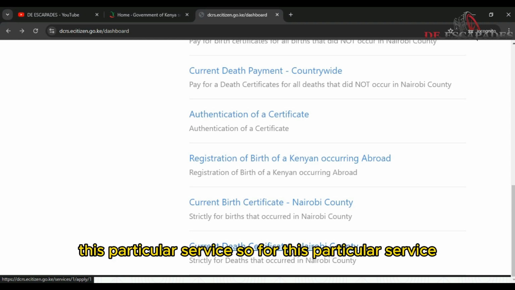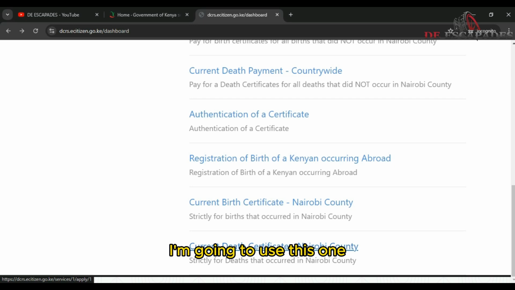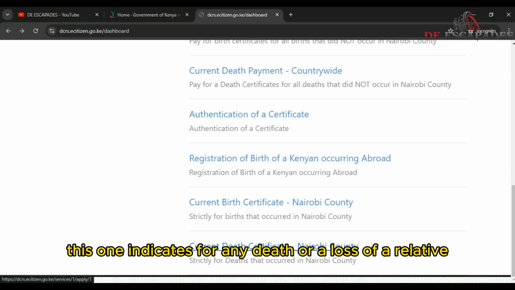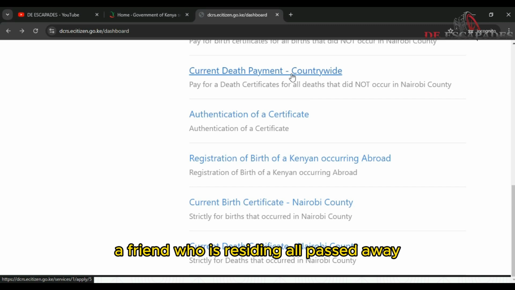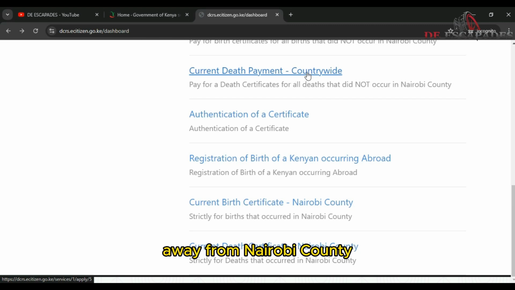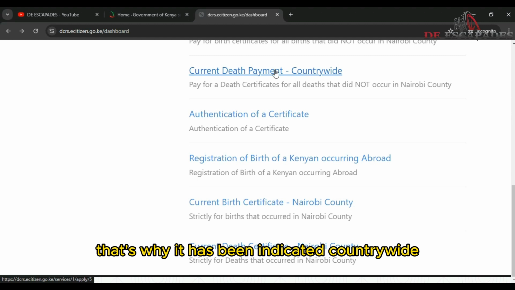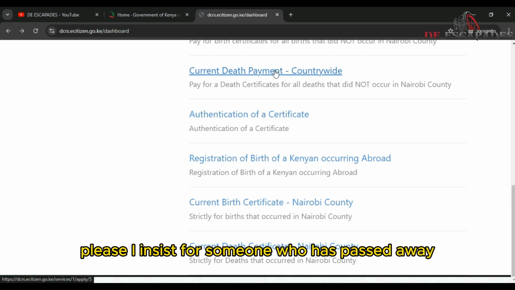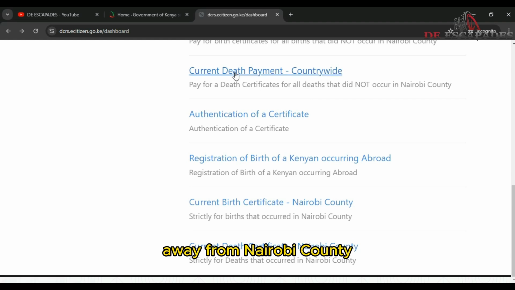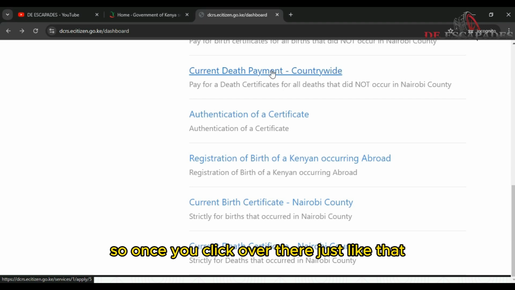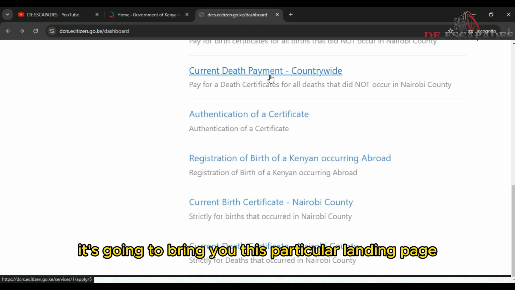So for this particular service, I'm going to use this one over here. This one indicates any death or loss of a relative or a friend who is residing or passed away from Nairobi County. That's why it has been indicated countrywide. Please, I insist, for someone who has passed away from Nairobi County, you are going to use the countrywide section over here. So once you click over there just like that, it's going to bring you to this particular landing page